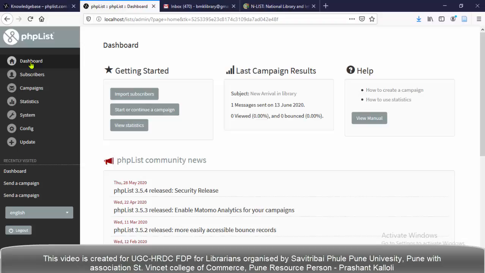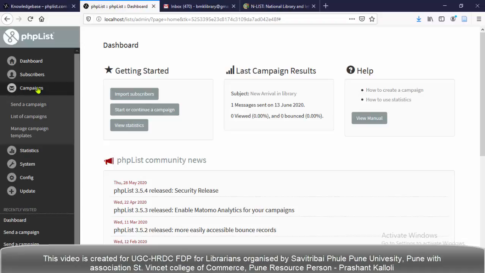So let's start. First we have to go to Campaigns, which is in the menu bar, and select Send a Campaign.